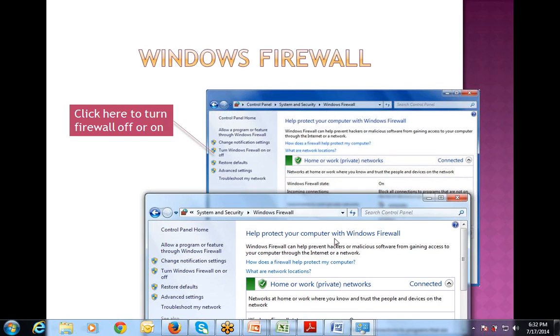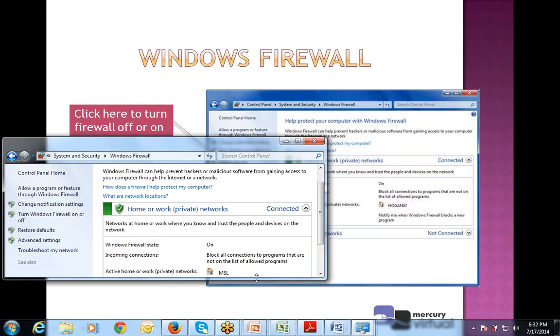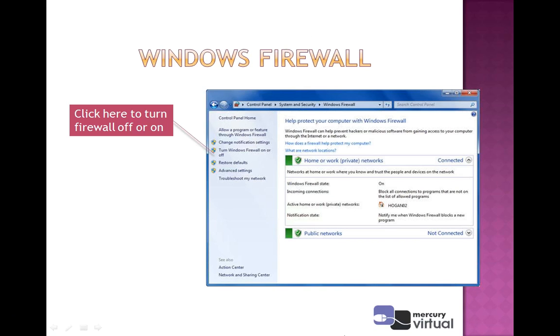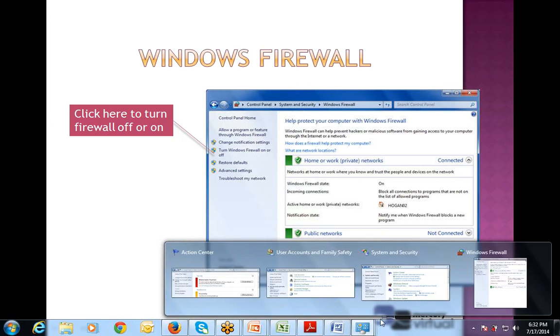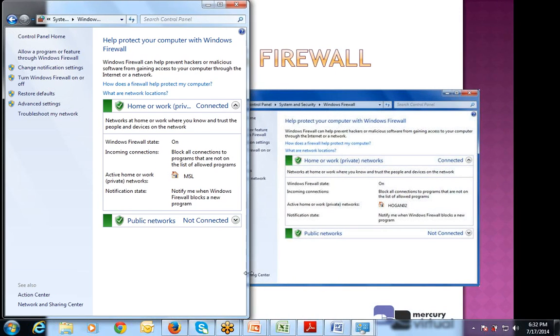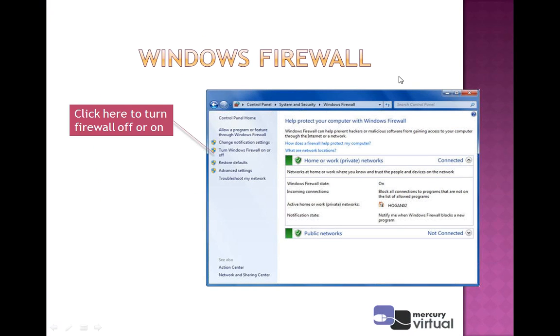The same window will come. Help protect, home. So turning Windows Firewall off or on is also done through the control panel.